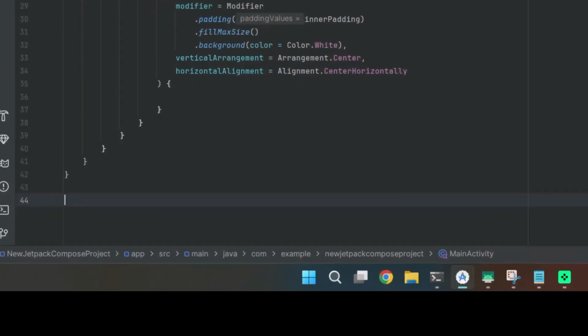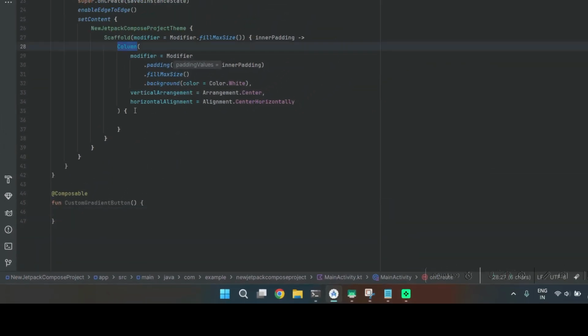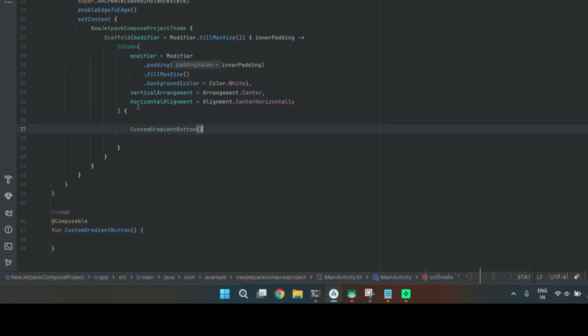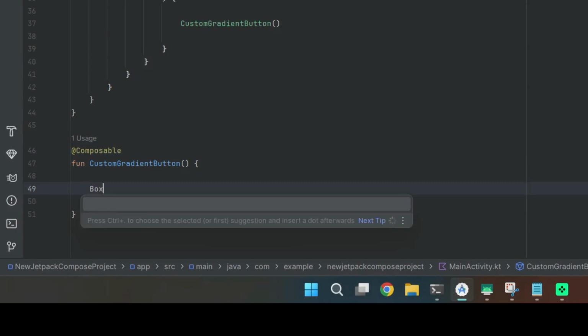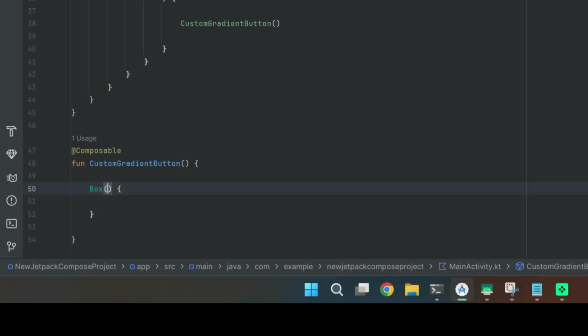Next, let's create a composable for our button. Let's call it CustomGradientButton. Let's call it from the column layout. Custom gradient button. Now in this composable, let's create a box. To the box add modifier equals Modifier